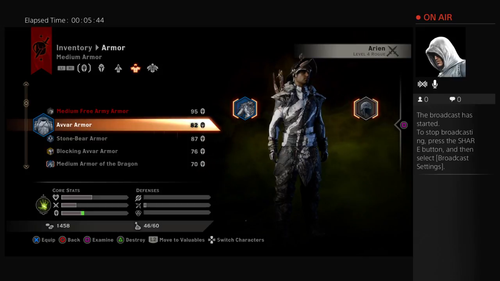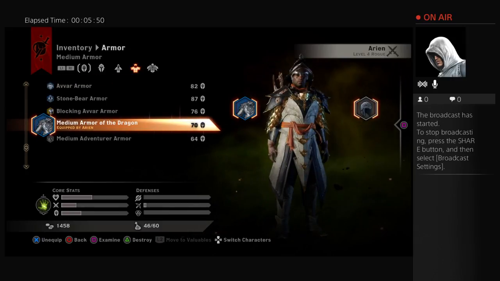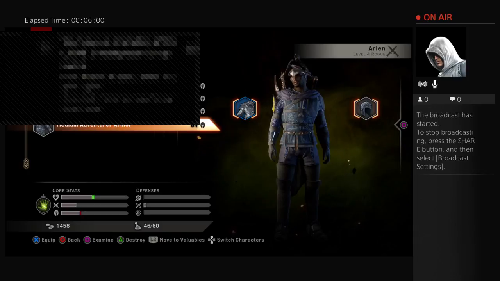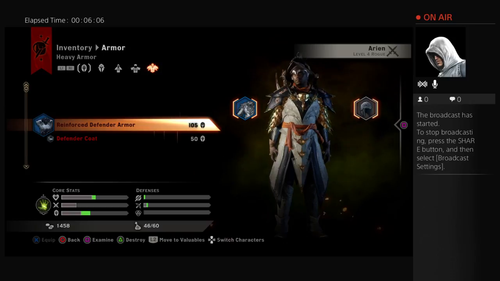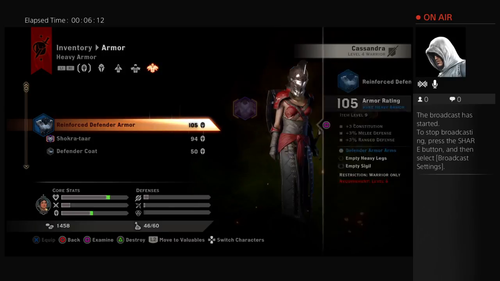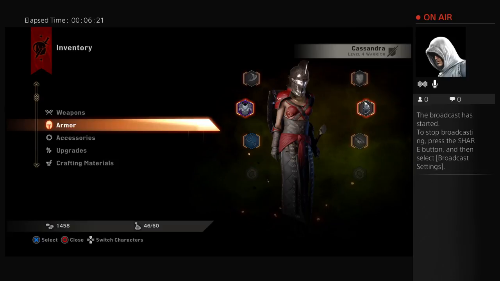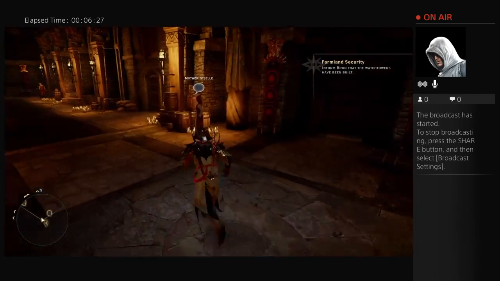Oh, I can't wear that yet. I never had this armor before, but it's the low strength thing, so we'll get rid of it. Not high enough level for that yet. That's Cassandra's original. We have to